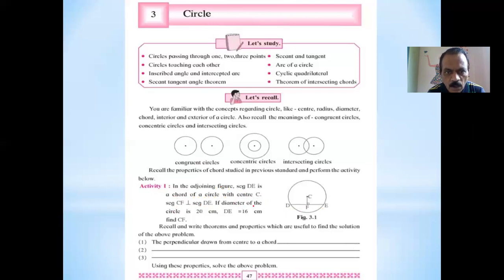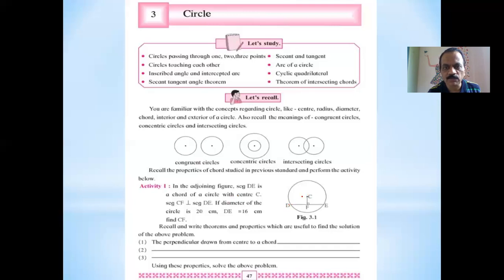If the diameter of the circle is 20 centimeter and DE is equal to 6 centimeter, find CE. That means here we have to find the perpendicular distance first. Here the diameter is given. What is the meaning of a diameter? Diameter is the biggest chord, and it is twice the radius. The diameter of the circle is 20 centimeter, so the radius is 10 centimeter, half of the diameter. Here we draw a construction, joining the center of the circle to one end point of the chord.